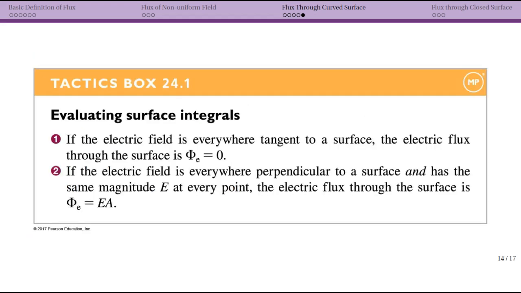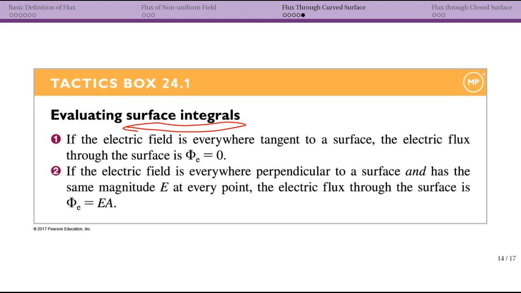So here we reach a really important tactic, and this is going to be for evaluating surface integrals. We're going to see them a few different times in this class, and again, I recognize that you've maybe not done surface integrals in a math class before. That's okay. You're going to see some new notation, but you can handle this. And the reason you can handle this is we're really going to be limiting it 99% of the time to